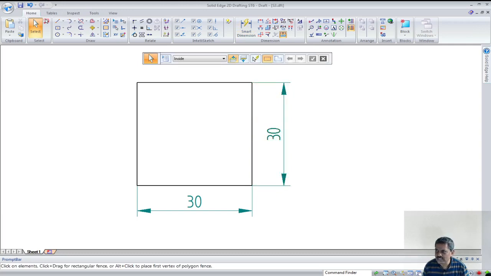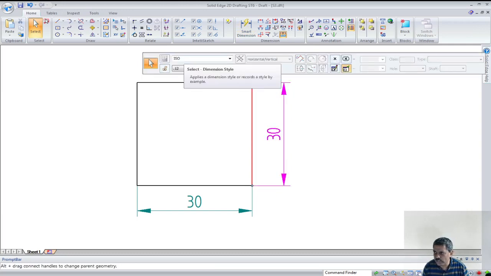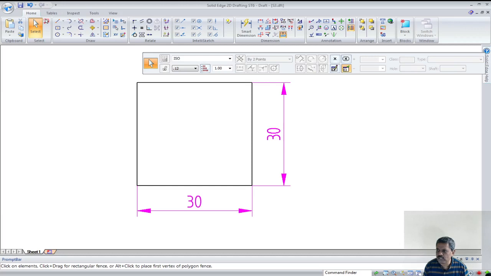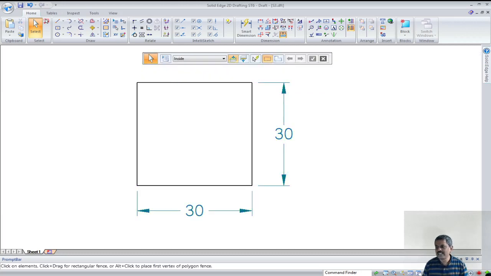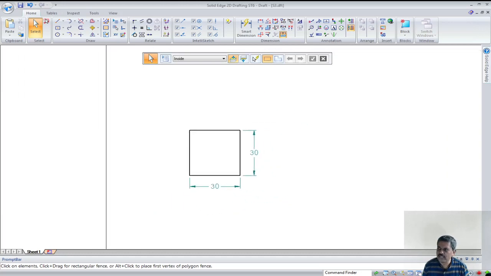What is the system? Just click on the dimensioning. You can see ISO here. So this is the International Standard Organization. But I am not interested. I can click both of them using shift and click on left mouse button and change it to ANSI mm. So you can see this is unidirectional system. Later we cover up this in dimensioning system. So we are done with this.